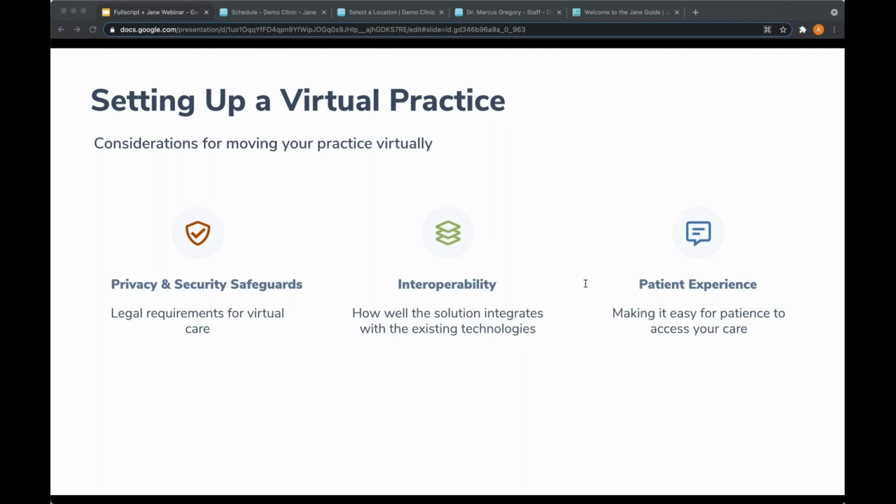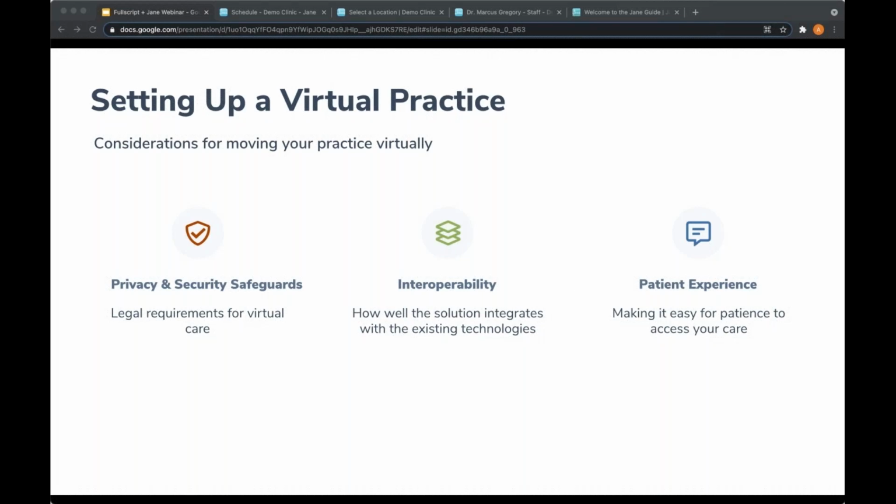We're mindful of the fact that moving your practice online is a huge undertaking since it has so many moving parts. We want to provide you some considerations to think about when moving your practice online, and again, we're going to focus on the technology itself. Finding or having the right tools is important because it helps make the transition as painless as possible. So there are three considerations I have here.